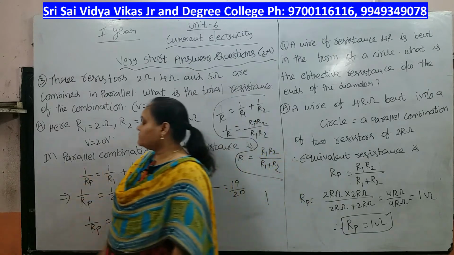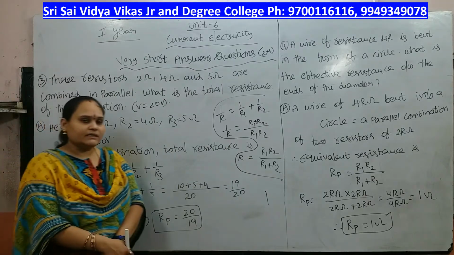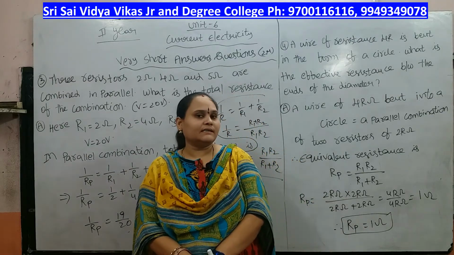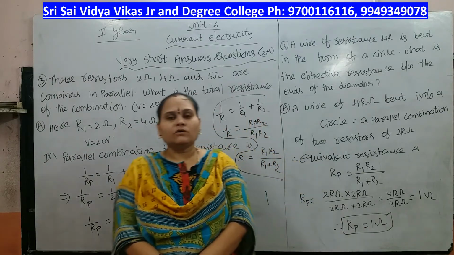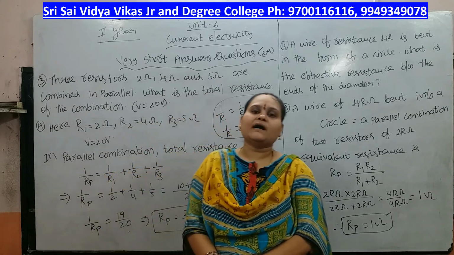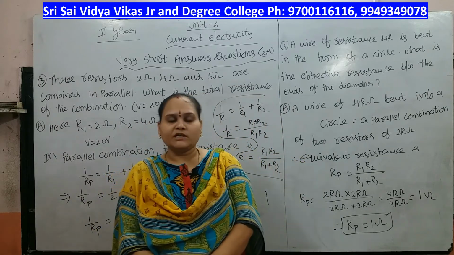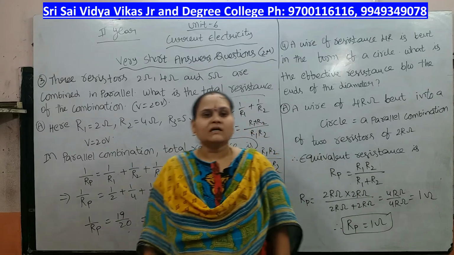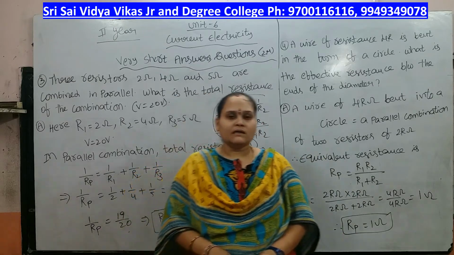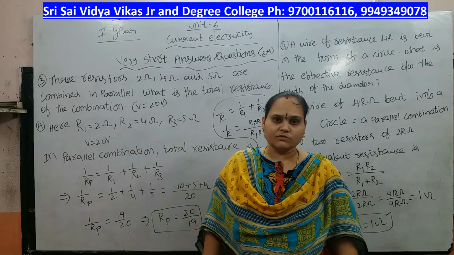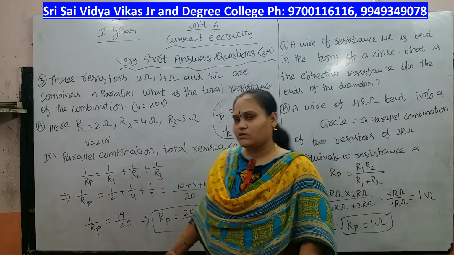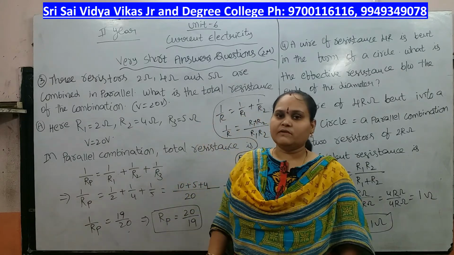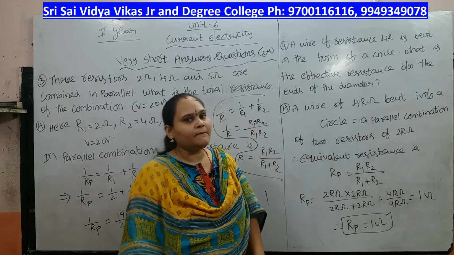Okay. So once again I will repeat it. In this calculation we have 3 resistors, 2 ohm, 4 ohm and 5 ohm. We can calculate the resultant resistance. These are connected in a parallel combination. So for this we have to write the formula 1 by Rp equal to 1 by R1 plus 1 by R2 plus 1 by R3, where P is nothing but parallel combination. That means the reciprocal of the resultant resistance will be equal to the sum of the reciprocals of the individual resistances. Substitute all these values and we will get 1 by Rp, then Rp will be equal to some value. So this is the resultant resistance in a parallel combination.